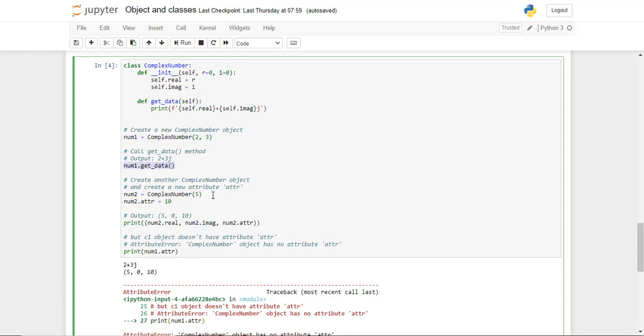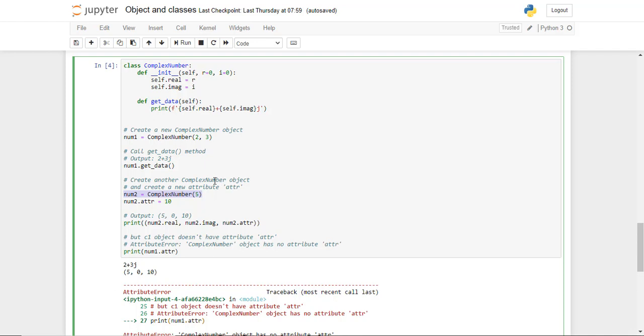Now let's see what's happening here. Here we're going to create a num2, which is a different object of the same class, and we are only giving it one single parameter, 5. So being a positional argument, it goes into r is equal to 5 now, because this is the first one passed. I still remains at 0 because we have not given it anything. So this is what this line is achieving. It's creating a new object num2 of the complex number class, and it's giving a real value of 5 to it, but no imaginary value.